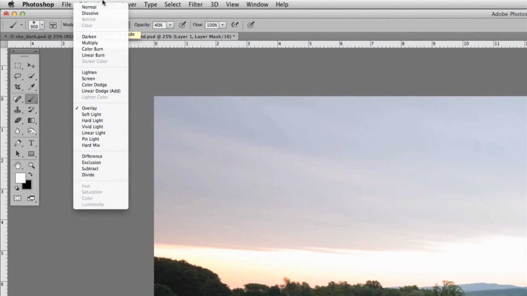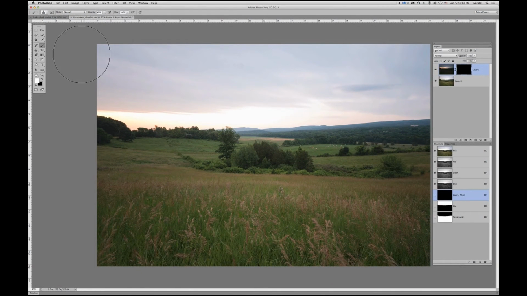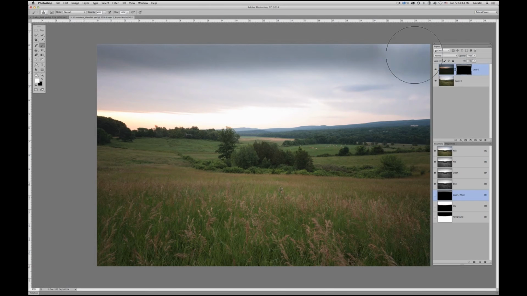What a happy accident. So I can show you, because that's probably something else you might do. Well, I just did it, so there you go. Swapping my brush over to normal mode from overlay. Alright, second time lucky, here we go. Yes, success. Starting to paint at 40% opacity over this layer mask, starting to gently reveal